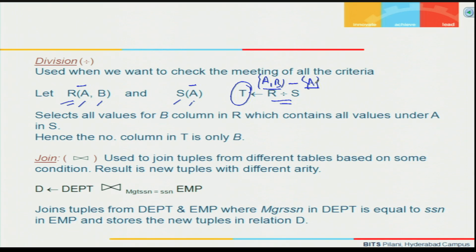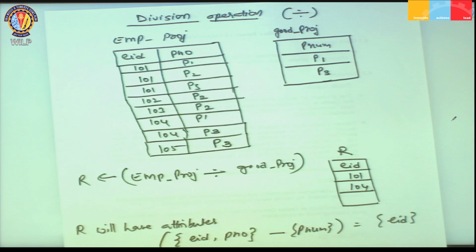Hence, the number of columns in T is only B, that is, only one column will be there according to this example. Let us have a look at one more example that gives us a clear idea about how this division operator works. Let us assume that I have an employee project relation which has two attributes, that is employee ID and